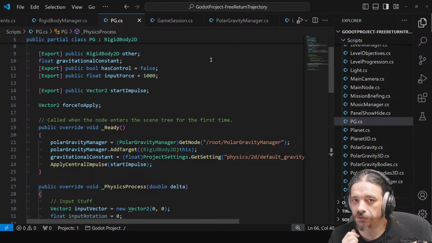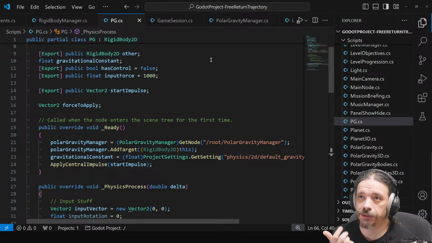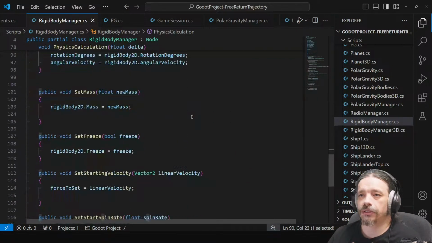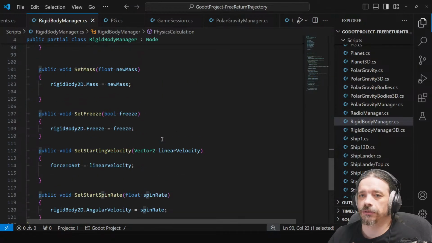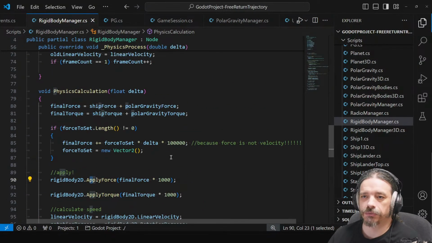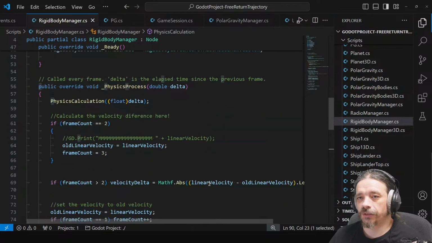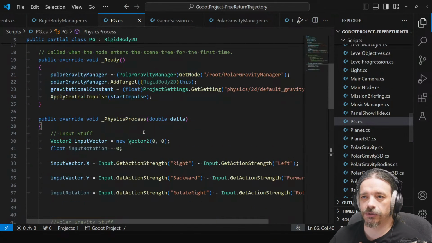But I will need to change everything again. Or maybe not, I don't know, I can test. With this rigid body manager, maybe I can just change the delta here and it solves the problem. Maybe I will try that first, and if it works, it's done. If it doesn't work, maybe I will re-implement this rigid body manager,